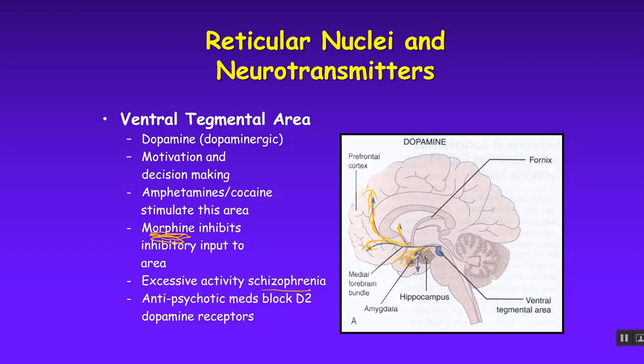Excessive activity of the ventral tegmental area has been implicated in schizophrenia or true psychosis and psychotic disorders. Some of the antipsychotic medications you give patients for schizophrenia involve blocking D2 receptors in the prefrontal cortex. So you have some D2 dopamine receptors, not only in the basal ganglia, but in your cerebrum. The problem is, if you give somebody these D2-blocking antagonist medications, they block the D2 receptors in the cerebrum, but they also block some of them